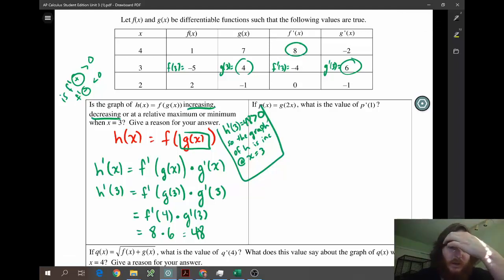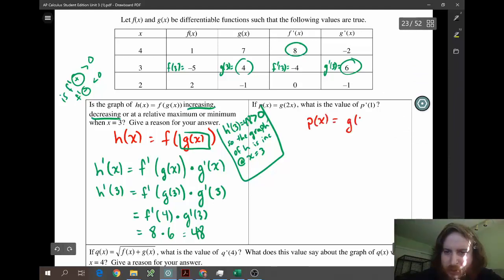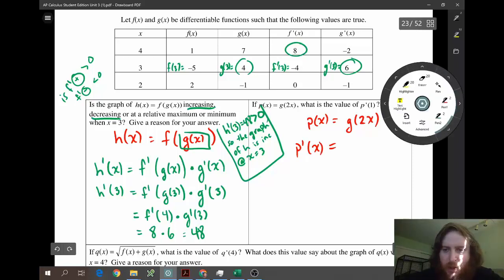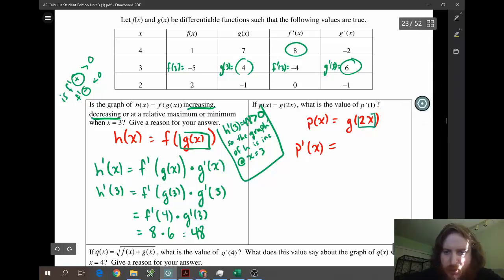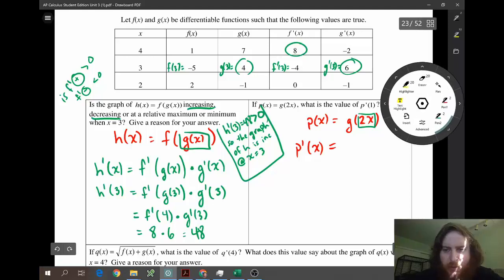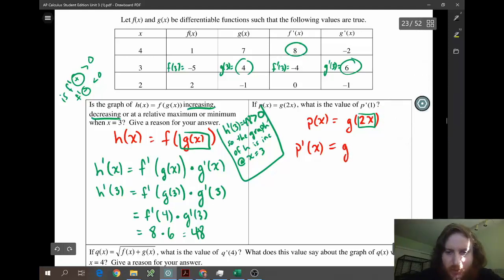Okay, next one, p of x equals g of 2x. So we're going to start off with p of x equals g of 2x. First, we need to find the derivative, p prime of x. Then, once we find p prime of x, we plug in 1. So what's our outside here? Our outside is g, so it's g of some box. The derivative of g is always g prime, so g prime of our box, times the derivative of the box, which is 2. So this will be p prime of x equals